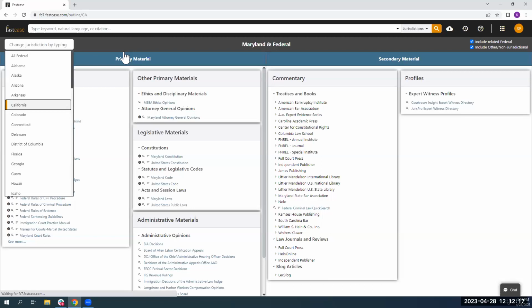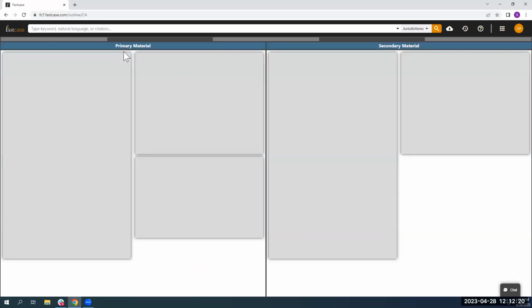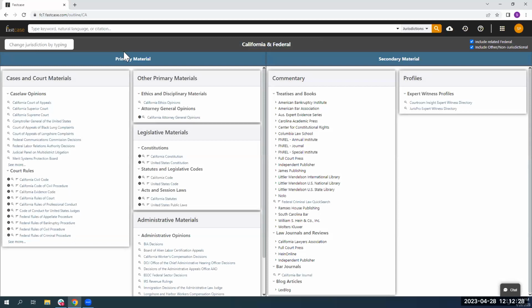Once you've chosen that jurisdiction, the page, as you can see, does take a few moments to load. That's because there is a lot of information here, and it can be overwhelming. So we're going to talk about it together to make it make a little bit more sense. You'll notice that the screen is divided into two sections with primary material at the left and secondary material at